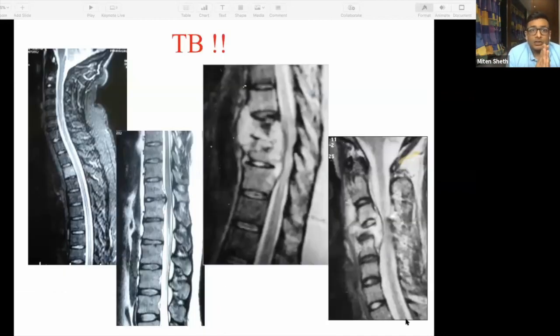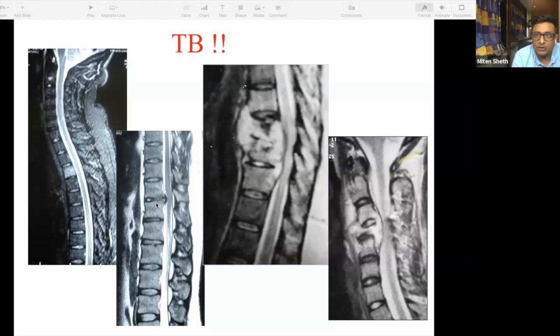So let's say in a patient of TB, you're going to get involvement of a body, involvement of a disc space, or involvement of a disc space and body, which means on an MRI you'll have a problem in the body, a problem in the disc space, or everything. A body problem will look like this in a STIR image: one body will look white in color. Where you have a disc problem, you will see that all the other discs are fine or black in color, but at one place the disc has become bad and it is communicating with the body.